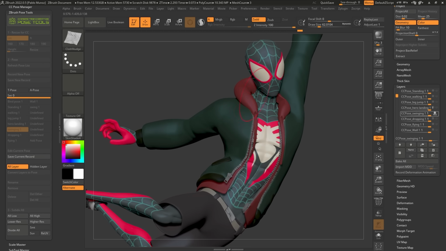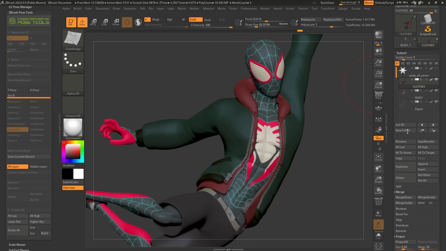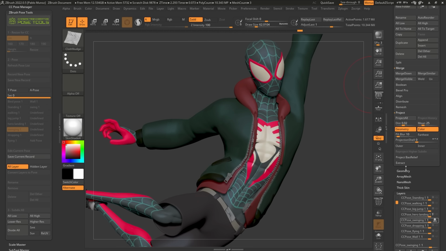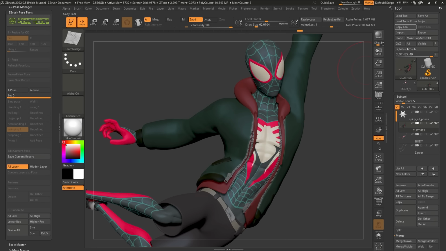By the way, this current subtool has quite a few polygons. So let me just scroll, and you see here at the top we have 1.6 million polygons active. So if I try to do something with this dynamics brush, it's not going to do much really, because it has too many polygons. So I can just select my subtool and go to the geometry palette. I can move this down and all of that, but I can also do it from the plugin, and I can also affect all my subtools.